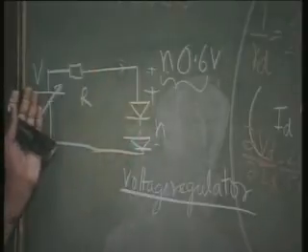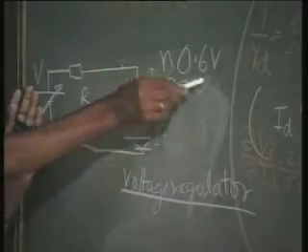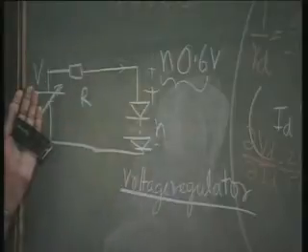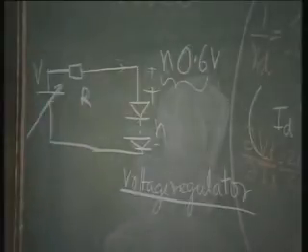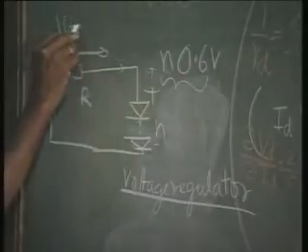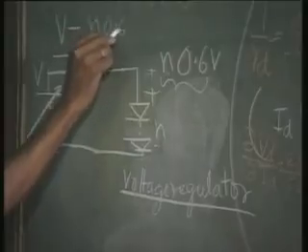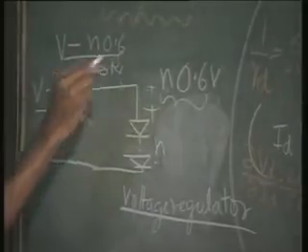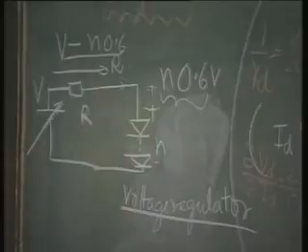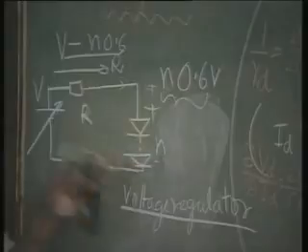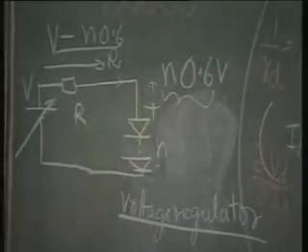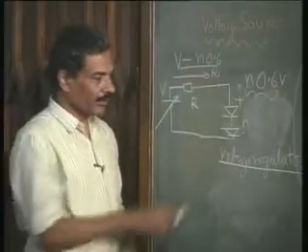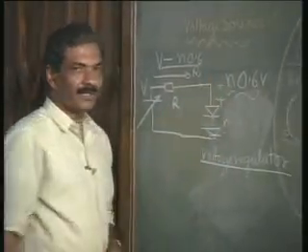That means, this voltage should necessarily be greater than n times 0.6, then it will forward bias all these diodes, and the current is limited by this resistance R. So, what will be the current in this? V minus n times 0.6 divided by R. So, I fix this current at, let us say, 1 milliampere or so, and then this voltage remains constant. I can use this arrangement, which is called a string of diodes, for regulating the voltage at a constant value like this,